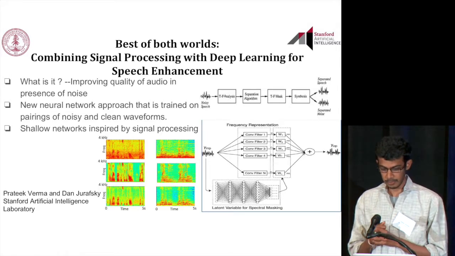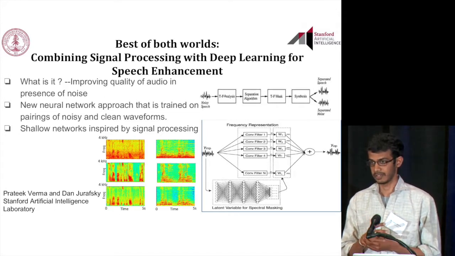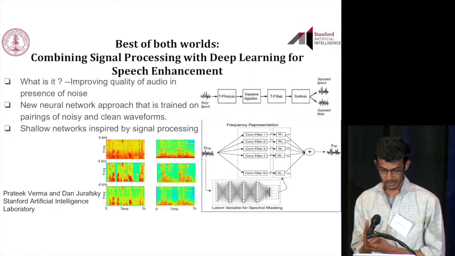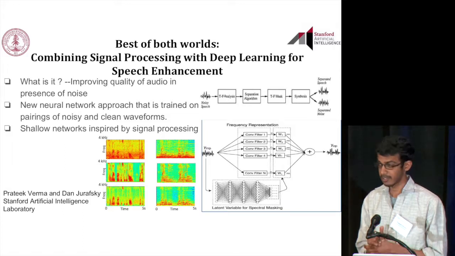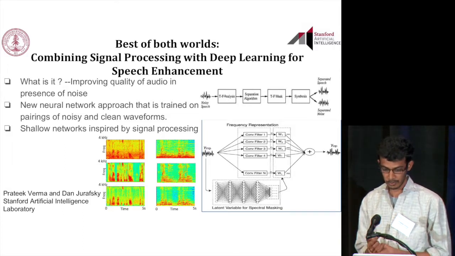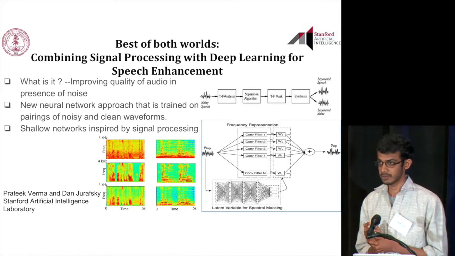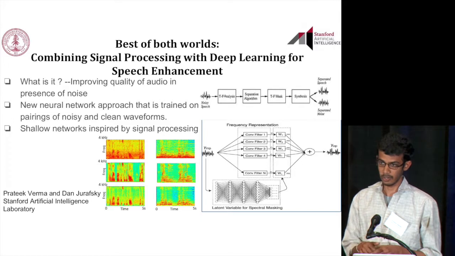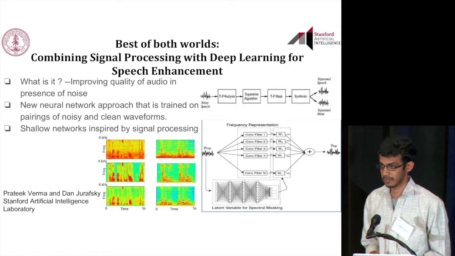A lot of people have been applying very, very large models for a lot of tasks. For example, like say a 15-layer model or 10-layer model or 150-layer model. So in this work, what we have shown is we try to combine a traditional signal processing approach with a deep learning approach, and we design a very shallow network which is able to achieve state-of-the-art performance due to the fact that it is learning all the things from scratch. And to know more about it, you can come to my poster. Thank you.